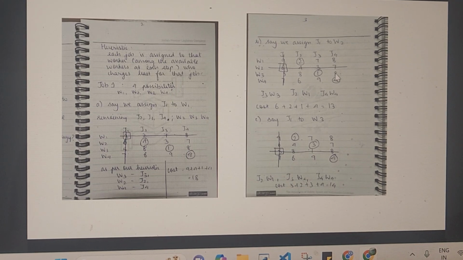Now in this 3 cross 3 matrix, again you look for the global minimum. It is 1, job 3, worker 3. Delete that row and that column. The next minimum is 2, job 2, worker 1. Delete that row, that column. Next job 4, worker 4, 4 units. So if you give J1 to W2, J3 W3, J2 W1, J4 W4, then your cost becomes 6, 2, 1,